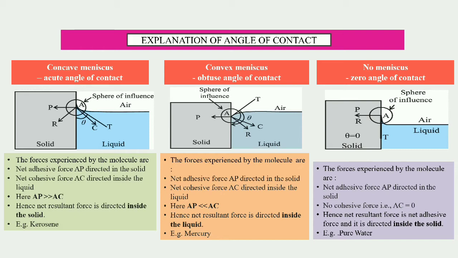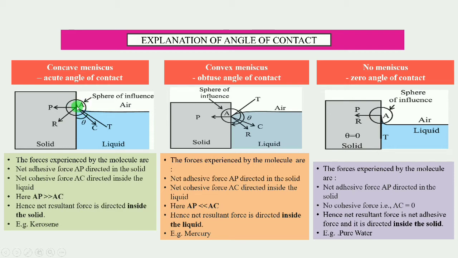Water means always you will consider tap water or undistilled water. Okay, if only the word water is used, you will consider tap water. This will be the type of liquid which will partially wet the solid, just like kerosene. Okay, so for this, what is the explanation here? We will consider a certain type of liquid that partially wets the solid in contact with the solid, for example, kerosene and glass.